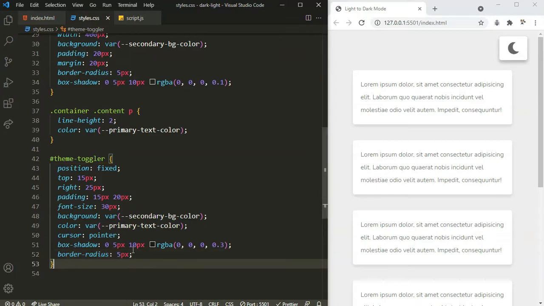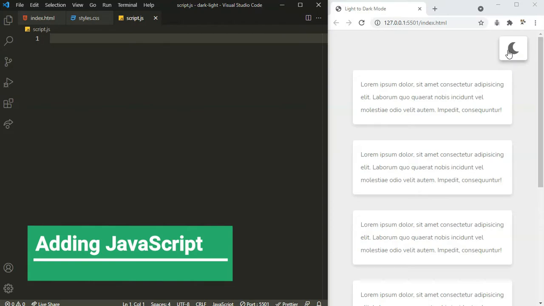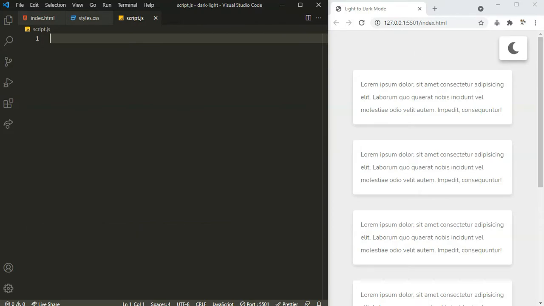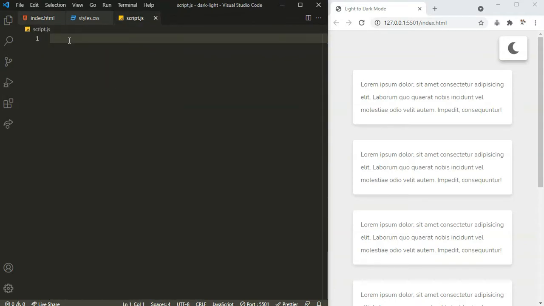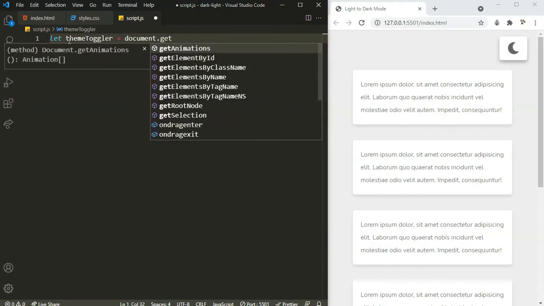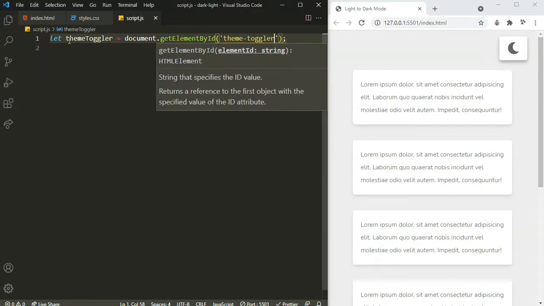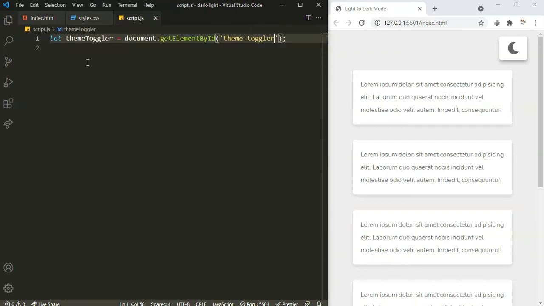So now we need to actually work on the JavaScript. So inside of our JavaScript file, we need to have access to that button, right? So that whenever I click on it, something should fire up. So we are gonna target it. So let's get the element by ID. Here I'm gonna say let themeToggler variable name, and let's access the DOM by document.getElementById, and the ID is going to be this one, theme toggler, right? That's the ID that we gave to this toggle button. So not the button but this div. Okay, now we have access to that.